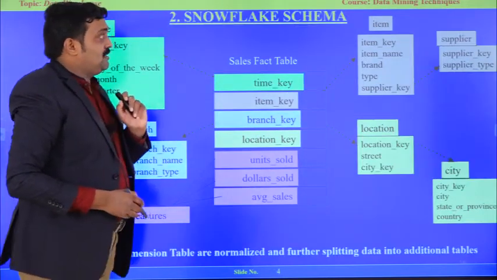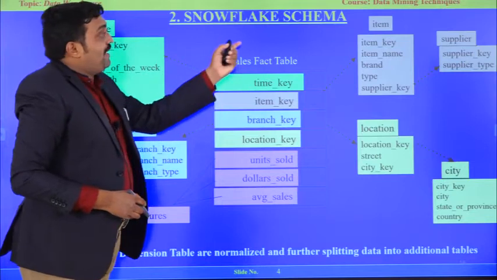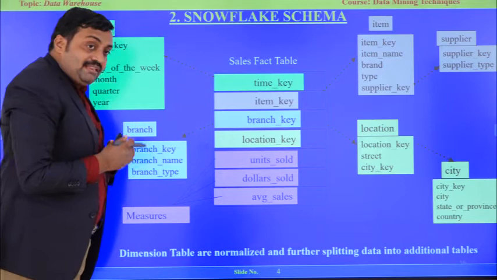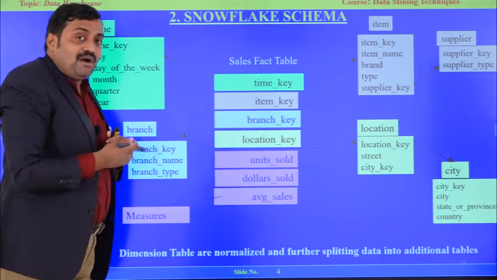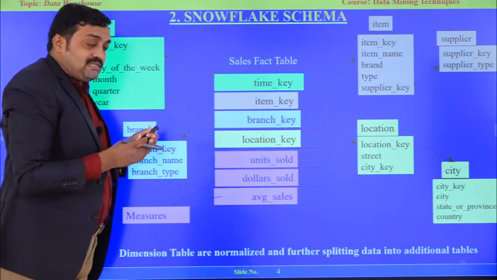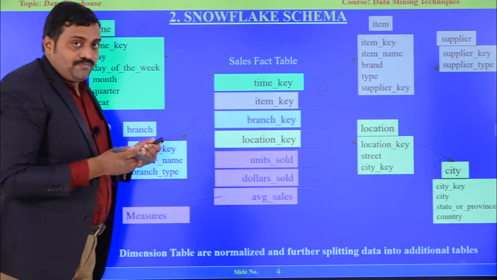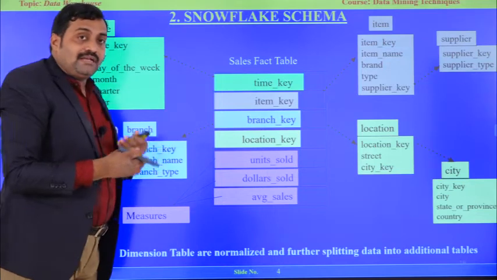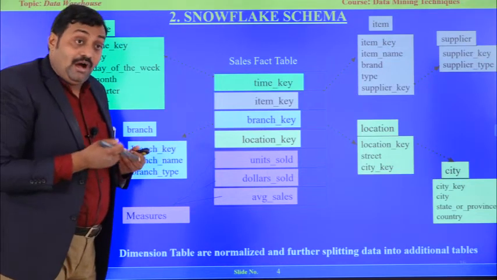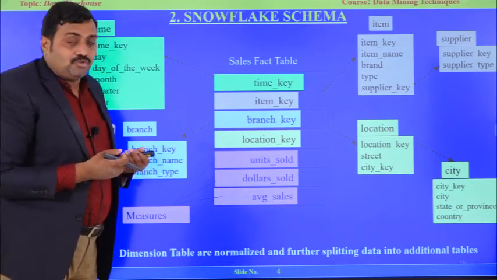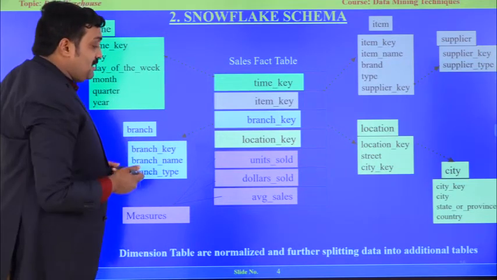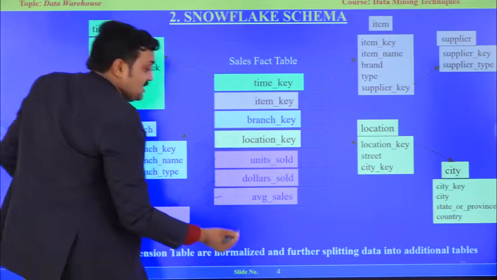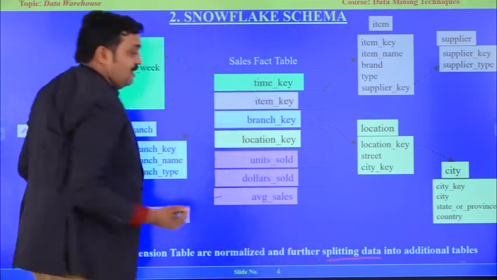The second one is snowflake schema. In snowflake schema, the main thing is, in case of the star schema, what will happen? Sometimes data may be huge. So with the fact table, I may not get the relevant data, or it may take much time. So to work on that, what I am going to do is further split the data